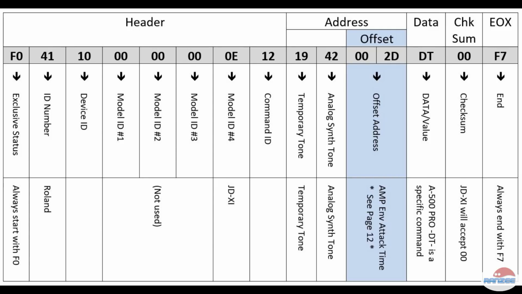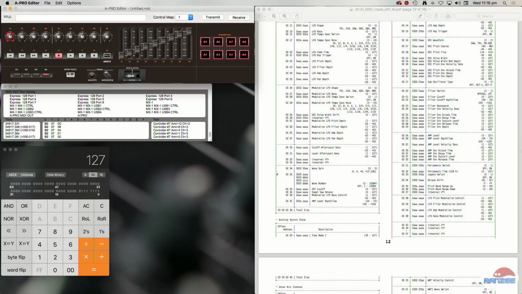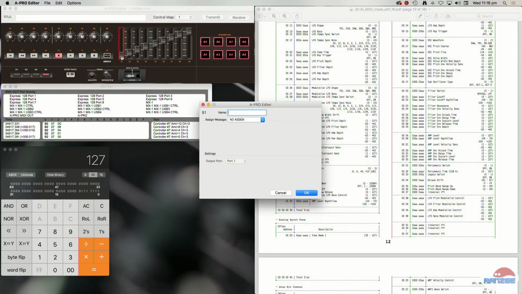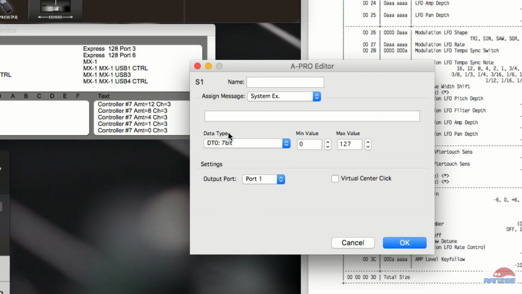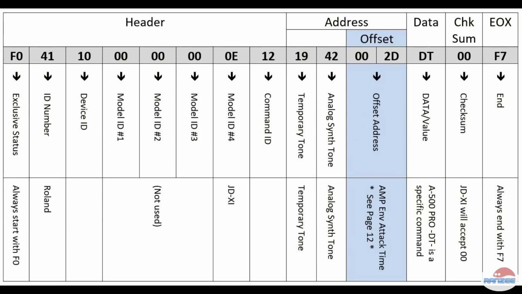If I go to our MIDI controller and click on this slider here, and assign it a system exclusive message, you'll see this data type, DT0, here. Now, when we are entering this message in, we're going to enter this exact grey line here,